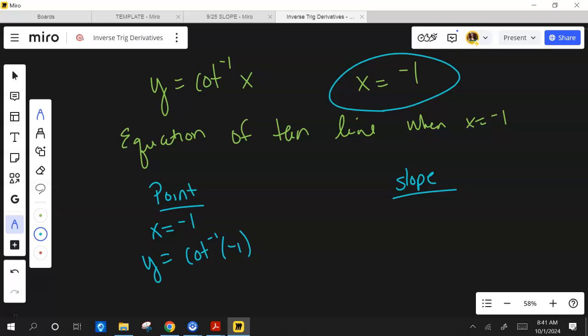Okay, where is the inverse cotangent, or where is the cotangent -1? Because inverse means where is this happening? So where is the, now what's cotangent mean? The flip of tangent, right? But if it's